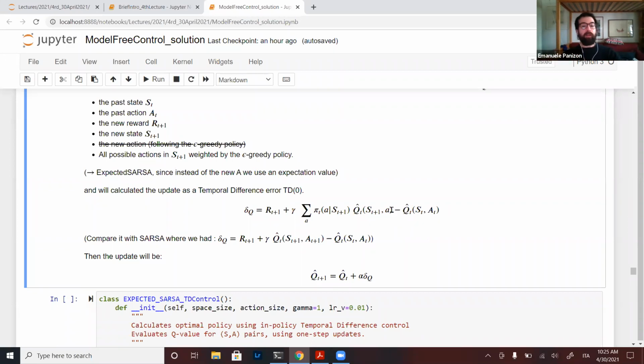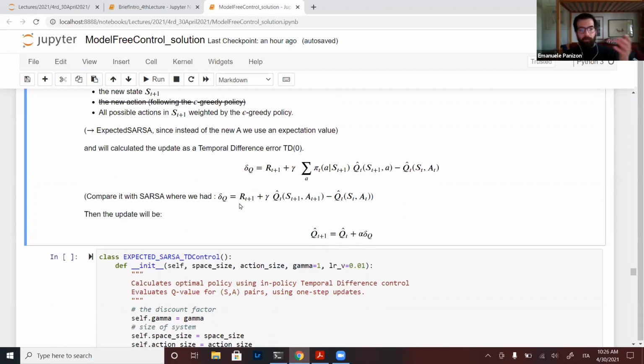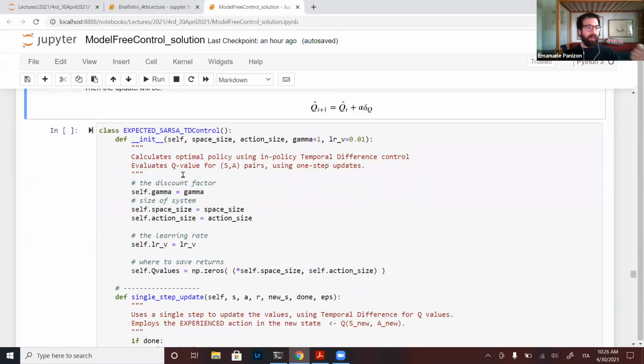Okay, and this is what is done here. So it's an average. This is why it's expected SARSA, because it's the expected value: the average value of Q of the new state and any action, weighted by the probability of taking that action given the state. Okay. Again, the update, once you have this number, is the same as before.